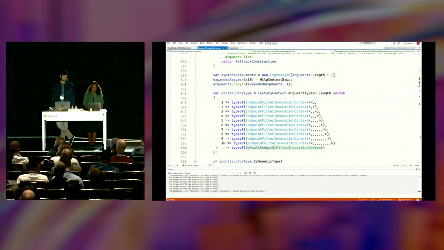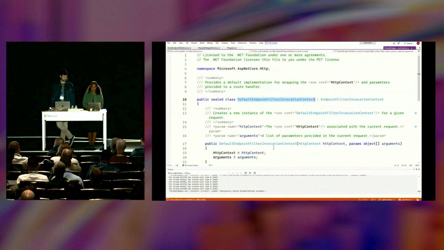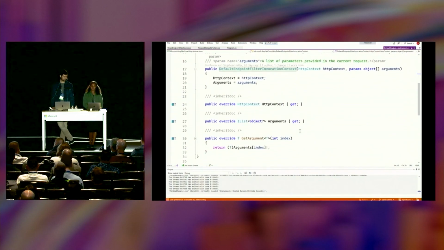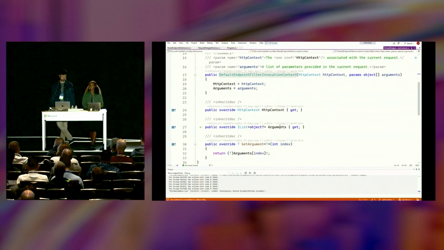If we step into that, we're going to observe two things about it. The first is that this is allocating a list to maintain the arguments, or the values of the parameters that were provided as part of the request. The second thing we'll notice is that it expects these to be objects, so we'll have to box them as we construct this default endpoint